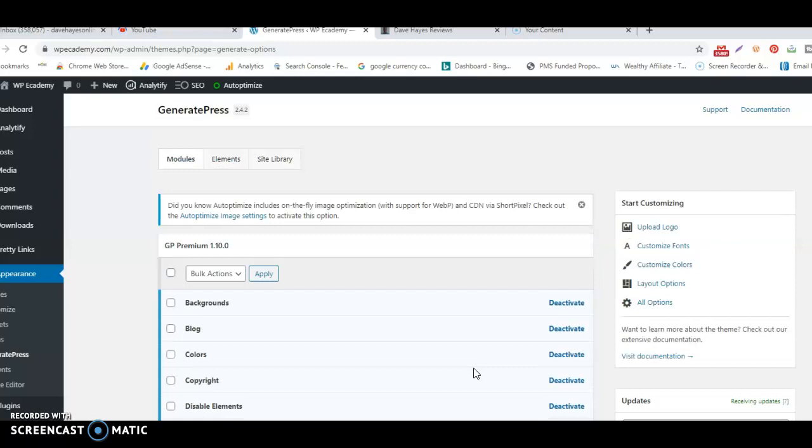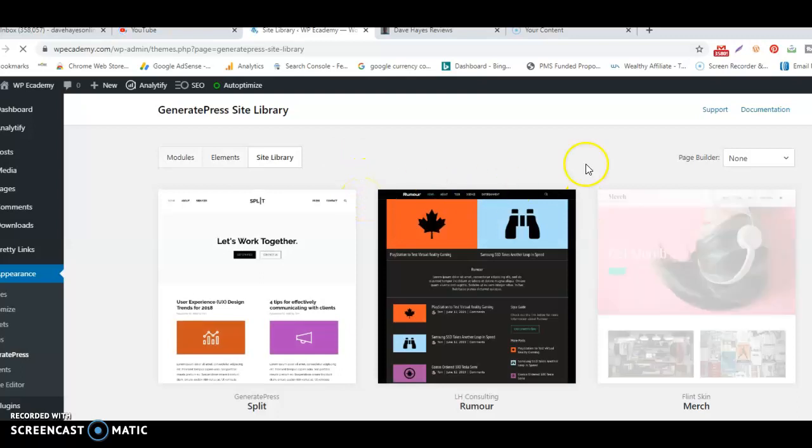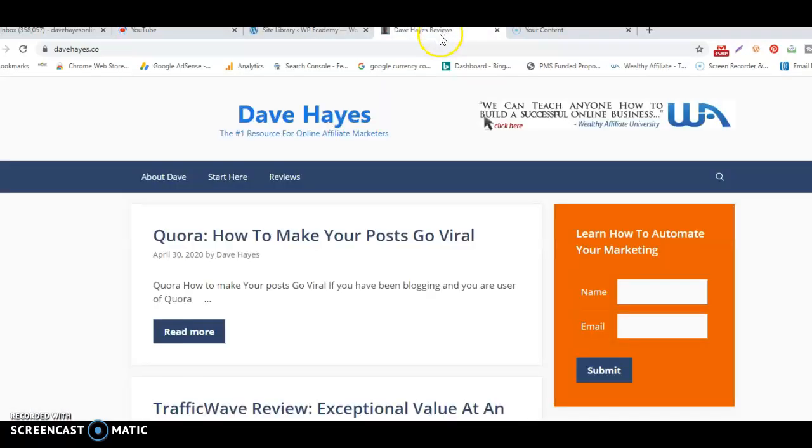Now when you've done that, you can go into Site Library, and in Site Library you have a load of ready-made templates which, unlike other themes, will fit directly over the top of what you have got, within reason. You need to do a little bit of tweaking to get it done, but it's a very simple thing to do. Now the blog that I've transformed my site into is the marketer blog, which is specifically for